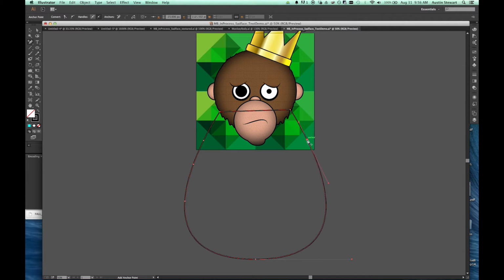I'm going to more or less align these together, and I'm not doing this in any precise way, because if he's a little bit off, that's probably better. All right, and then I'm going to use my direct selection tool. Once I have added these 3 points on either side, I'm going to grab this anchor point and pull it in just a little bit. I'm going to do the same for this anchor point, pull it in just a little bit. I can pull these out just a touch maybe,